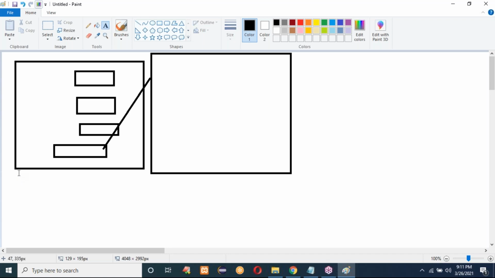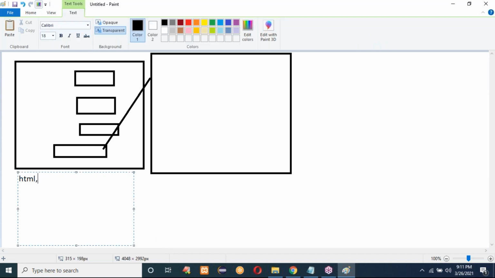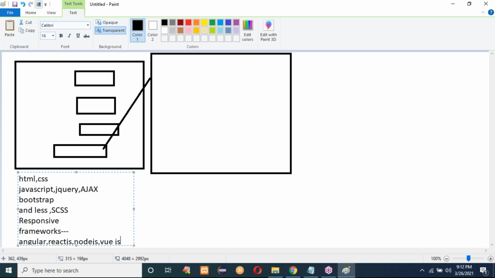This front-end page is built with HTML, CSS, JavaScript, jQuery, Ajax, Bootstrap, Less and Sass, responsive design, and under this we also have frameworks like Angular, React.js, Node.js, Vue.js. Like that we have so many JS frameworks.